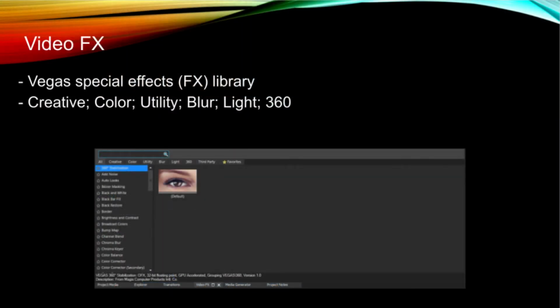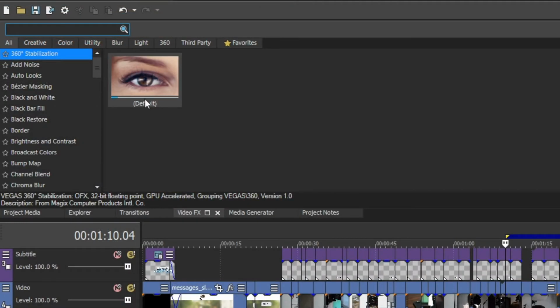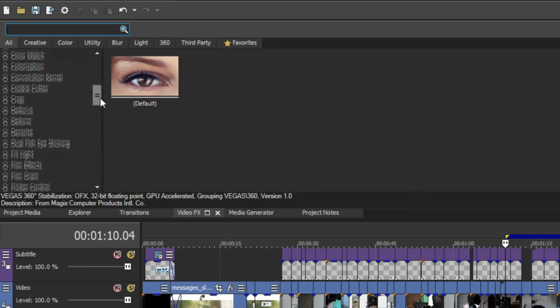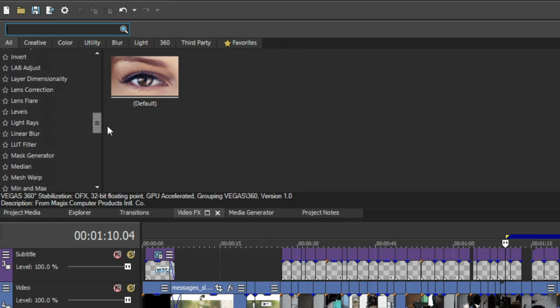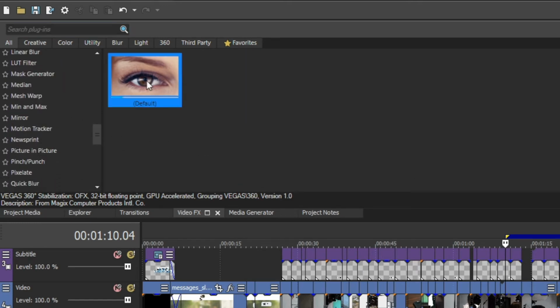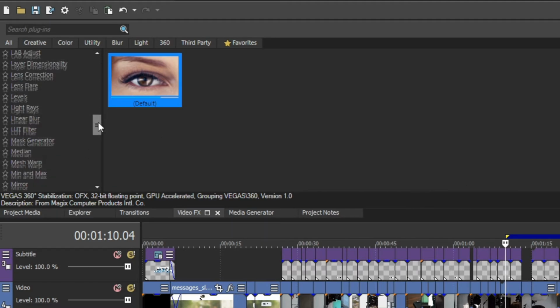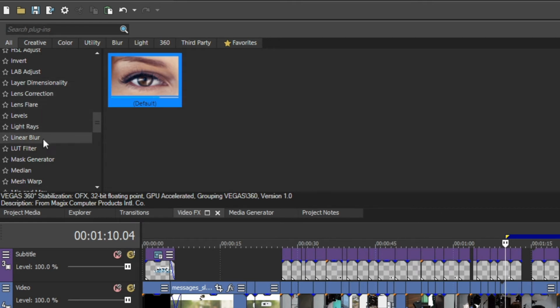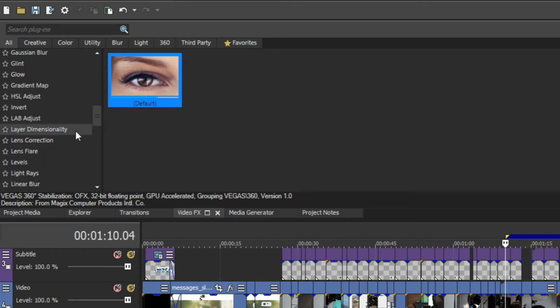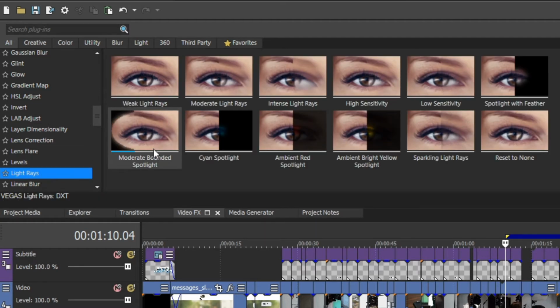After transitions, let's move on to the Video FX tab. Again, Vegas comes with an abundance of pre-installed special effects that can be easily applied by dragging and dropping your chosen effect right onto your clip on the timeline. This window, however, helps you see what the effect actually looks like. Seeing special effects previewed beforehand can save you so much time compared to actually applying the effect and dealing with the individual settings just to see what it will look like. Nobody likes wasting time playing with unnecessary settings, right?